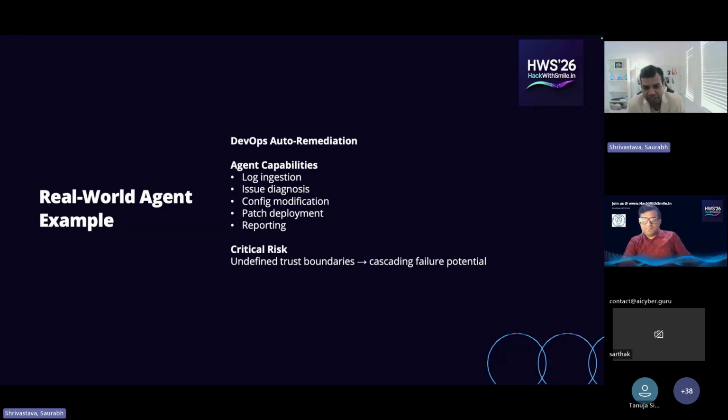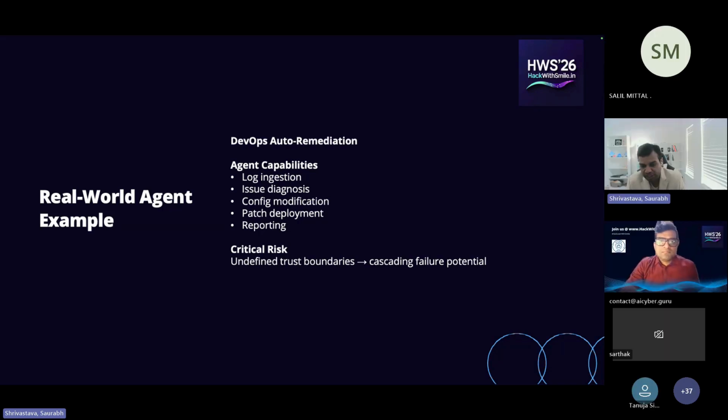So one example we will take, since now we have a good understanding of the agentic AI architecture at 10,000 feet level. Let's take the example of a DevOps auto-remediation agent, right? So in DevOps, if you have an issue during the patch deployment, or some bad code got checked in and is throwing out an error, it can bring the entire system down, right? Even if it is a compile error, it's fine, you catch it early, but a runtime error can bring the entire system down. And you want to quickly recognize that. Even in Amazon,